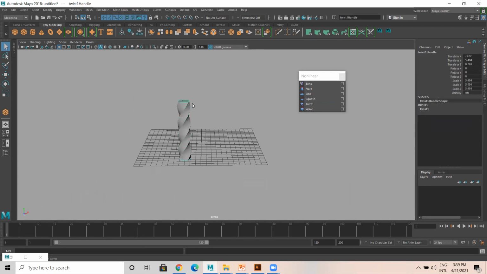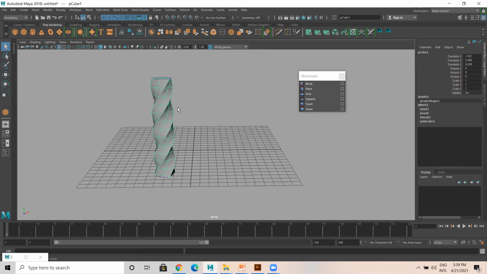So if you delete this, it's gone. But to retain it, you can select the model, you can edit, delete by type, history, these things will go and the shape will retain, okay? So any doubts are there in today's deformer? We will have a few more sessions for other deformers, but today you work only on squash and stretch and the combination of squash and stretch with bouncing ball.